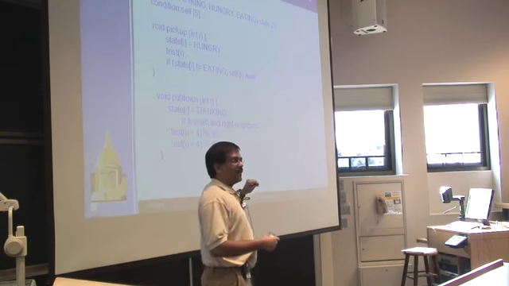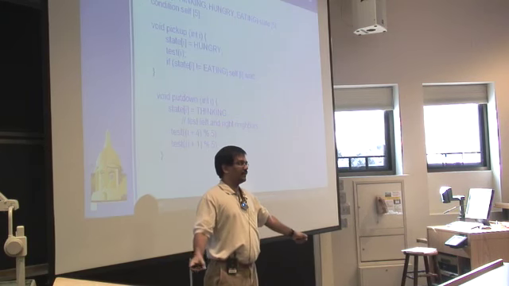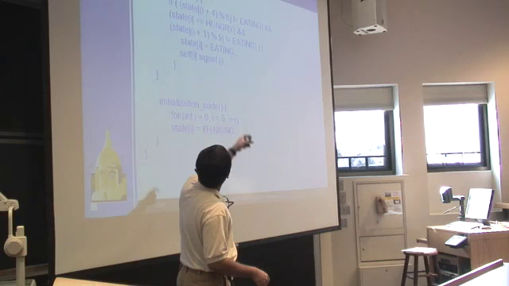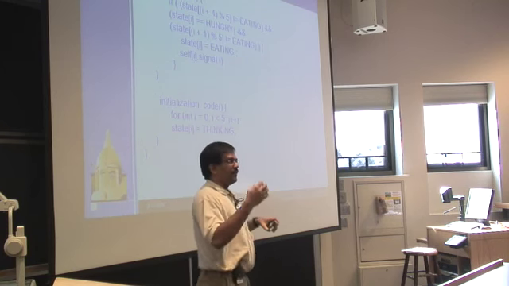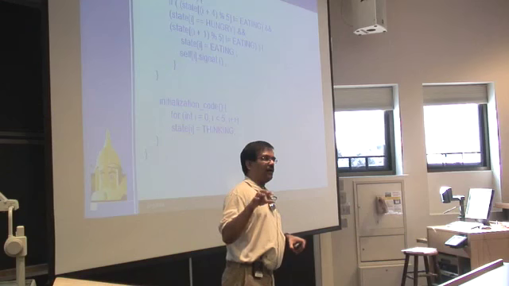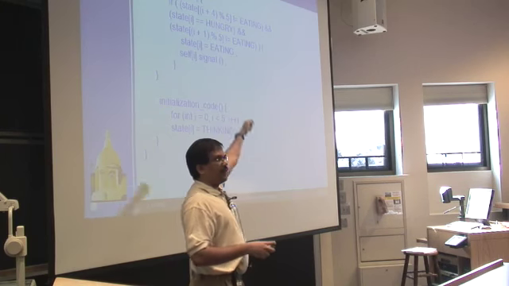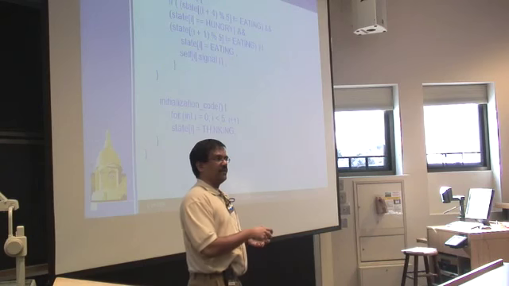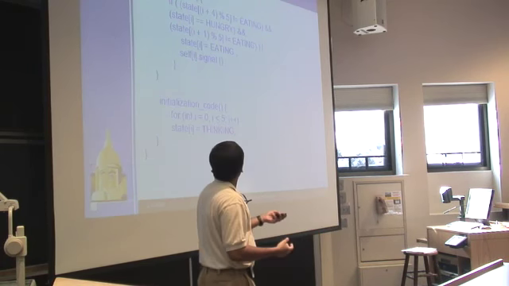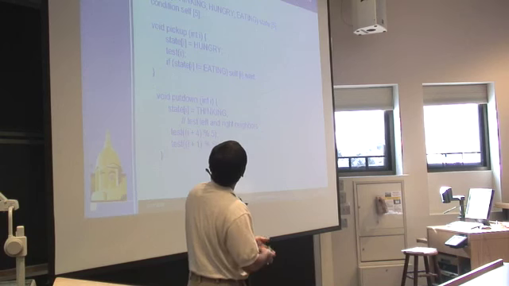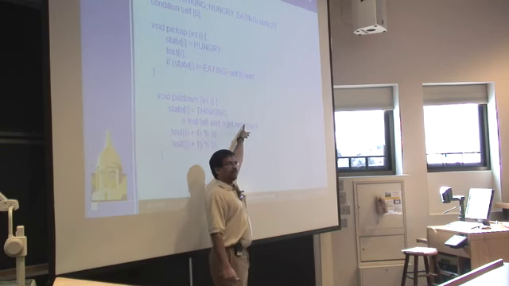But if after testing I come out saying I'm not eating, that means either the left or the right was eating, right? If you look at the test code, for this to fail, it will return with whatever state the thread was in, which is hungry here. You will either have to have the left or the right in the eating state. If one of them was eating, you'll return with your own state being hungry, right? If your own state was still hungry, meaning not eating here, you put yourself on wait, right?